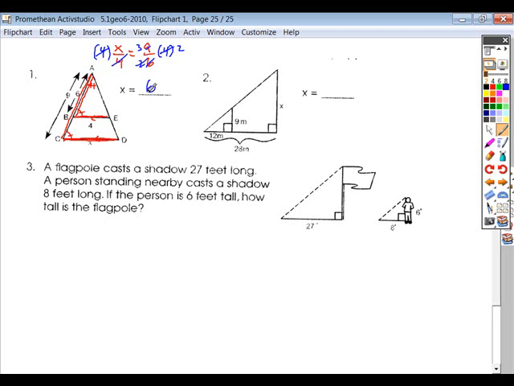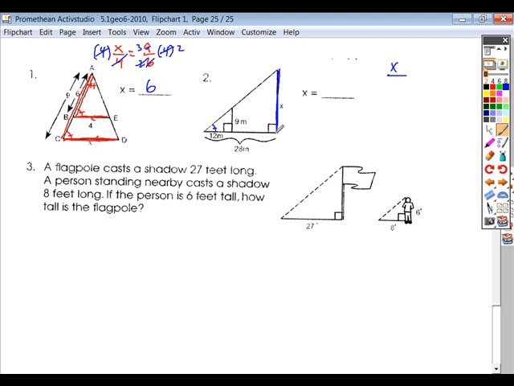In problem number 2, it's a very similar way. You have a triangle embedded within another. Once again, they each have this 90-degree angle. They each share this common angle. So you have AA similarity here. When you're looking at this problem, once again, if you begin with your unknown,